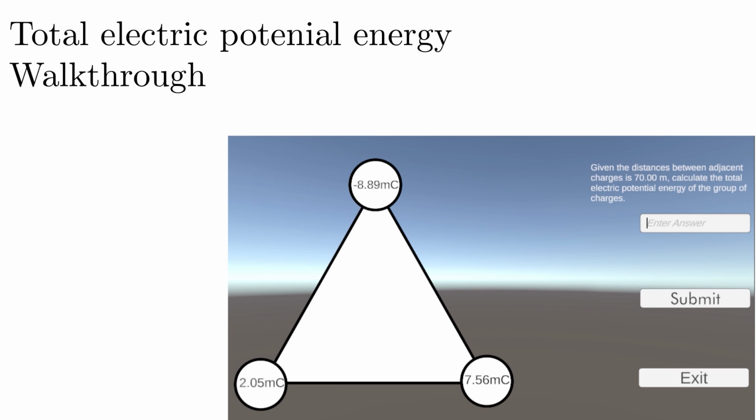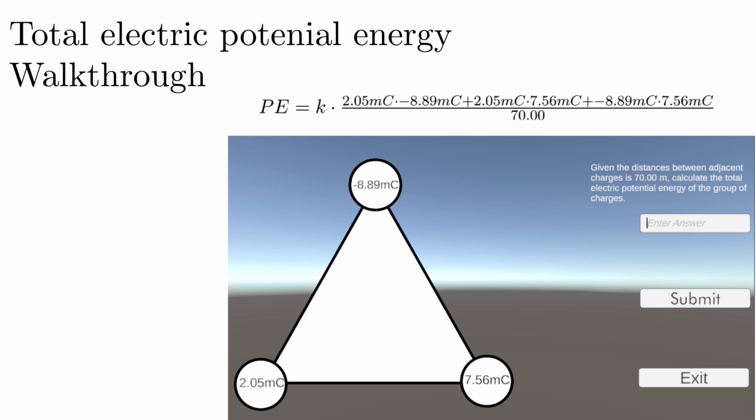So the first problem states that given the distance between adjacent charges is 70.00 meters, calculate the total electric potential energy of the group of charges. This problem is relatively easy, as you just take the electric potential energy between every two charges. In this case, the total potential energy will equal K times 2.05 millicoulombs times negative 8.89 millicoulombs plus 2.05 millicoulombs times 7.56 millicoulombs plus negative 8.89 millicoulombs times 7.56 millicoulombs, all over 70 meters. Then once you just plug this into your calculator, you get your total electric potential energy to be negative